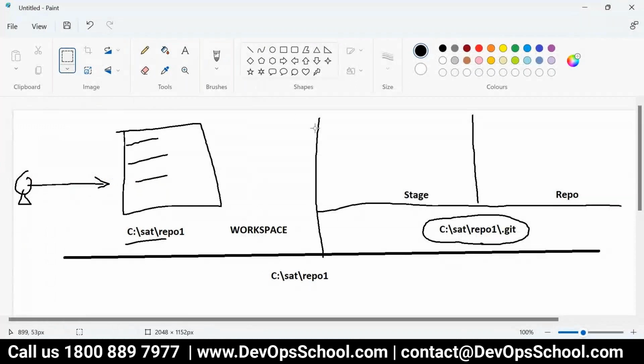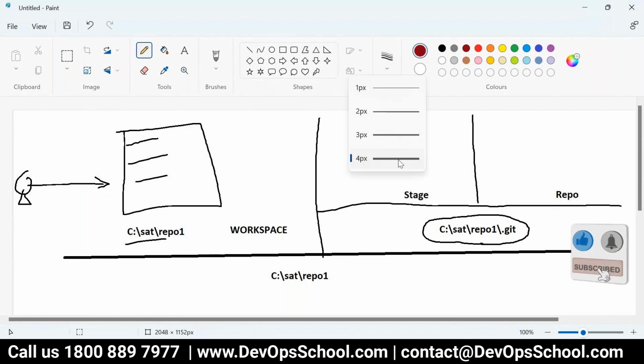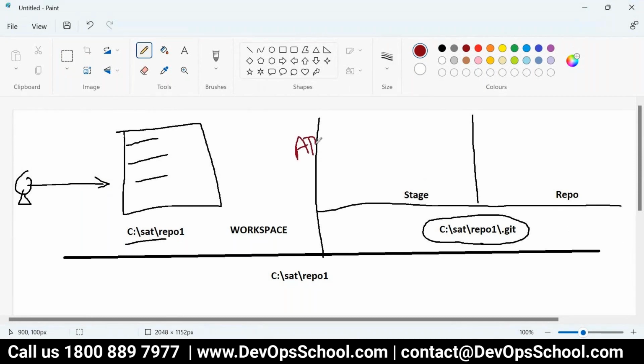When you write code, after that you run git add on the files, so these files get added to the staging area. You can add more files also.